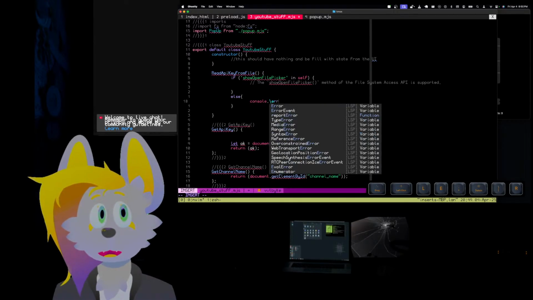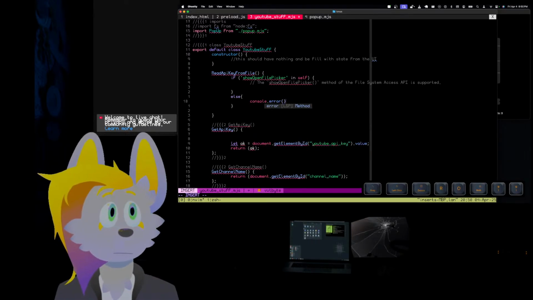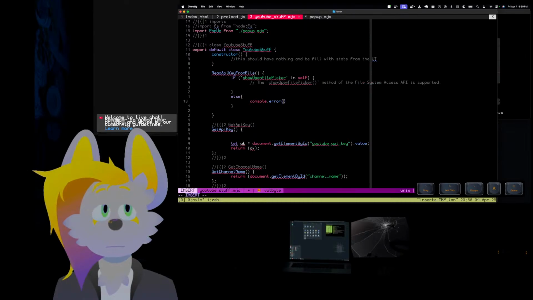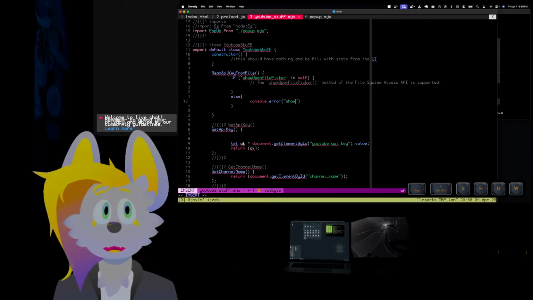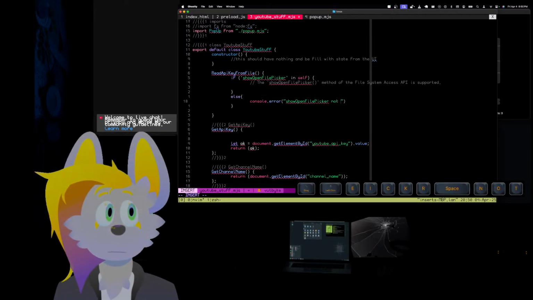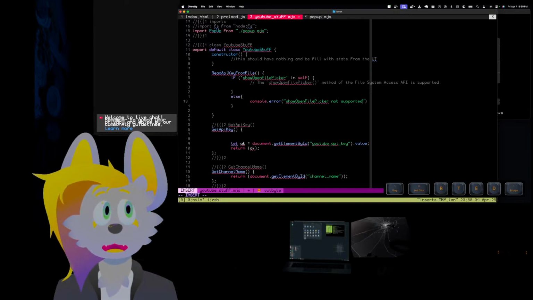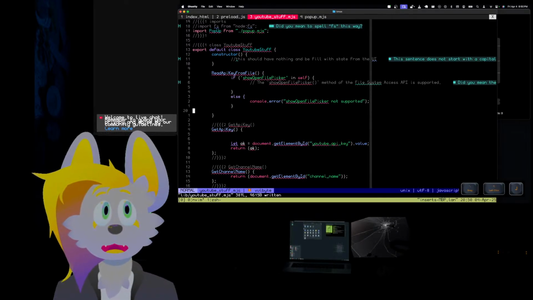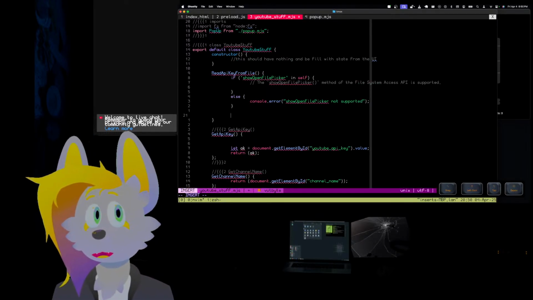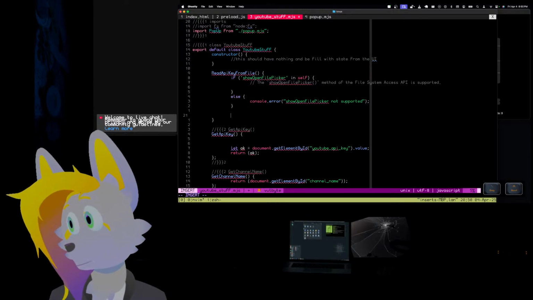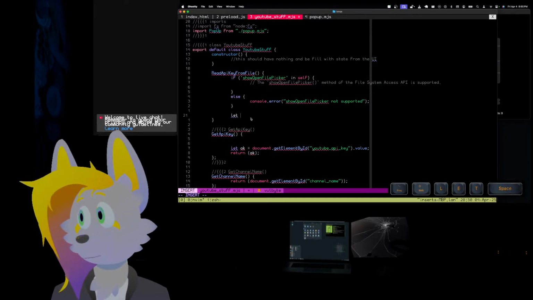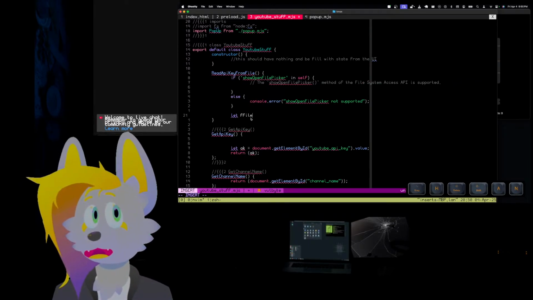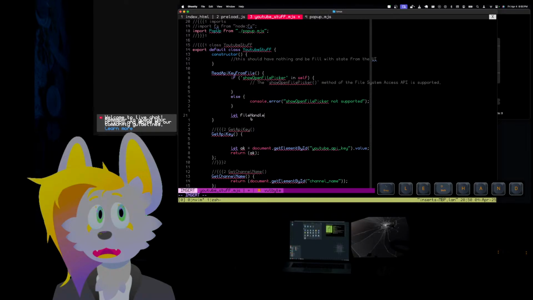Else, I then just want to do an error. Console dot error. And then I just want to say, hey, show open file picker not supported. Okay, so there's that. So then after we verify that it's supported, then what I want to do is I want to just create a file handle. So let file handle,